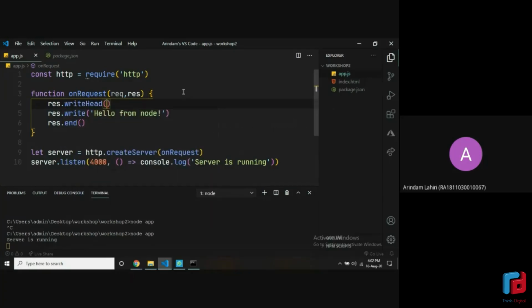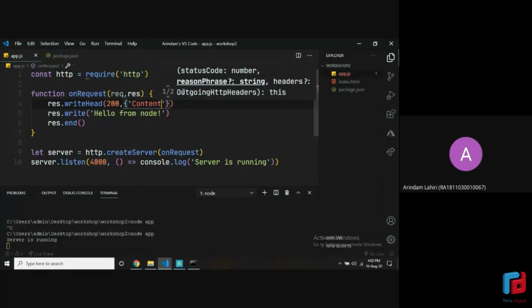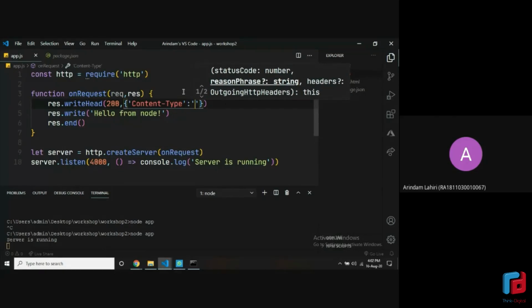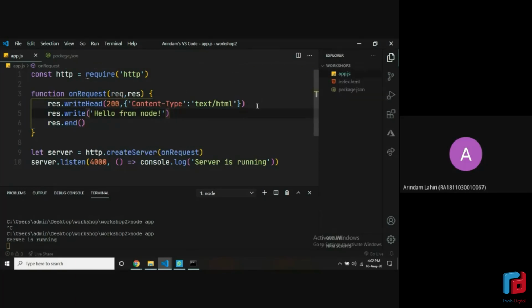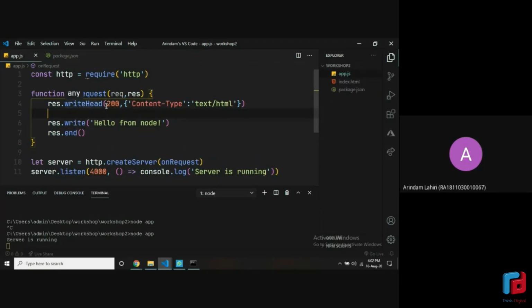writeHead is a method which comes built in with the response object. What this expects is that we are writing a header. What a header is can get a little bit complicated. So let's just say that headers are needed between client and server communication to pass on some extra information. Like right now, I'm passing on a header which says, first of all, 200, which is an HTTP status code for all is okay. You can read more about it later.